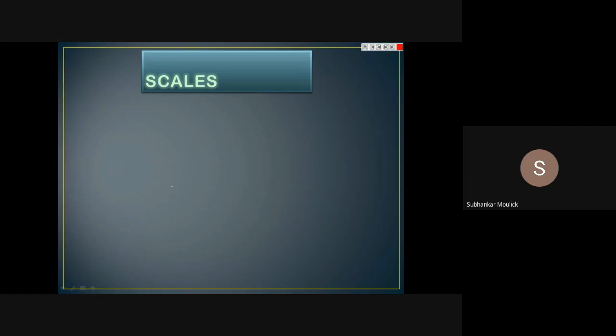Yes. Each and every drawing in the world is valid only if it has some size. That size can be anything in terms of length, in terms of height, in terms of diameter, anything, depending from object to object. For example, if I have point A and point B, and the distance between A and B is 10 centimeter, then easily I can use my scale and measure the distance.